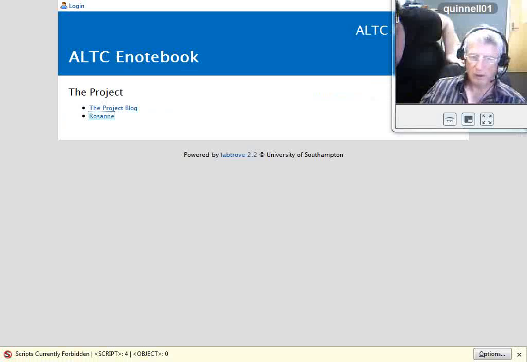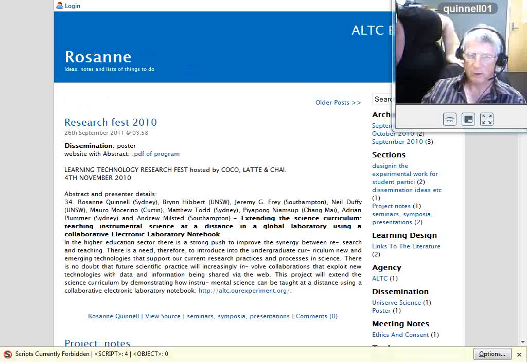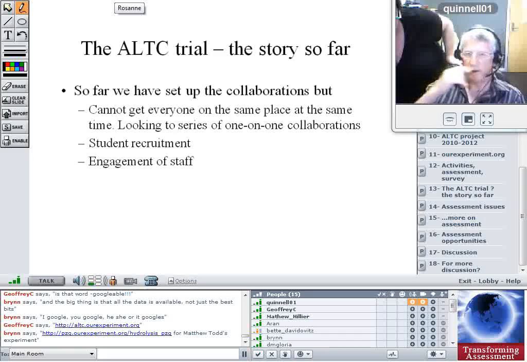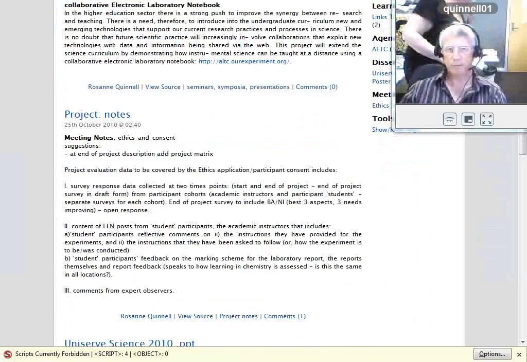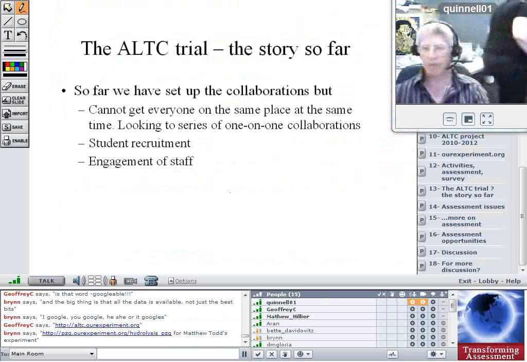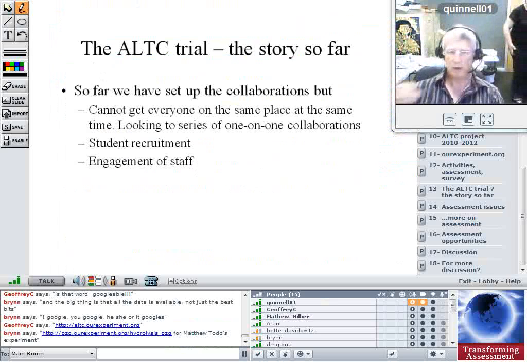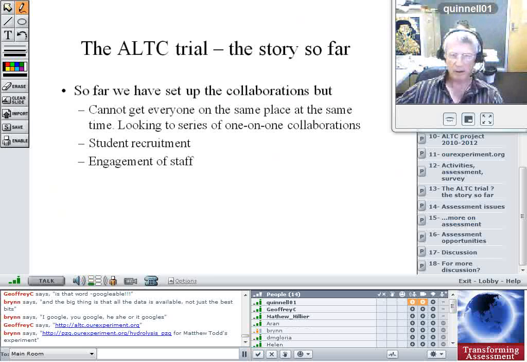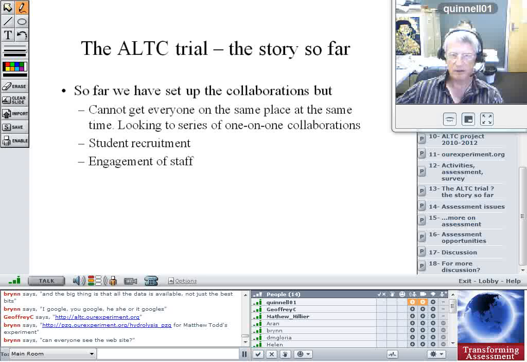Okay, we're just trying to bring up the ALDC website where we've actually logged on. So hopefully you've got a window in front of you now. So what it does is the project. Most of those are internal discussions, information, and so on. The important ones as far as students are concerned are Student Central. In Student Central, we've got, okay,